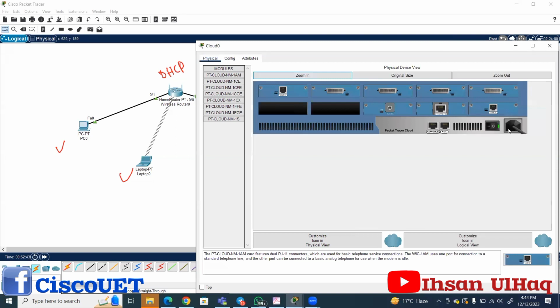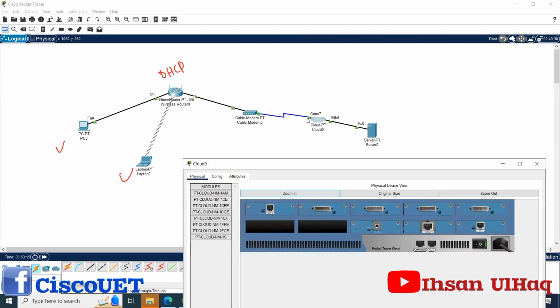I have to make it off. You can see here green, it means it is on. Now you cannot put any card into your machine. Like for example, if your laptop is on, can you add a hard disk to it? Can you add RAM to it? No. You have to make it off, add the hardware, and again make it on. Okay? But for the time being, I don't need to, because in this example, I need a coaxial port